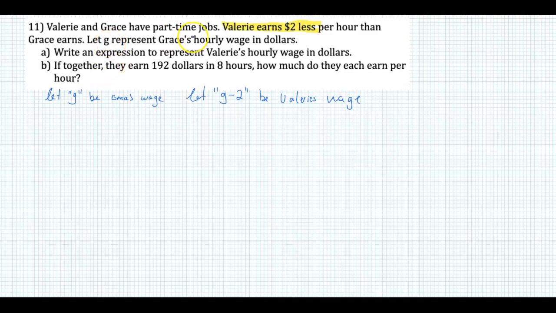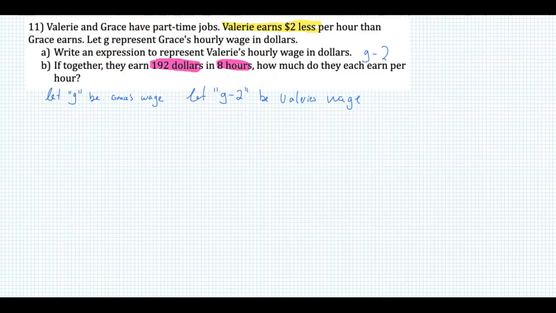Write an expression to represent Valerie's hourly wage. Okay, so we did that. That's G minus 2. Together, if they earn $192 in 8 hours, how much do they each earn per hour? That's kind of a tricky one because we have to consider that it's 8 hours times their hourly wage, and then together